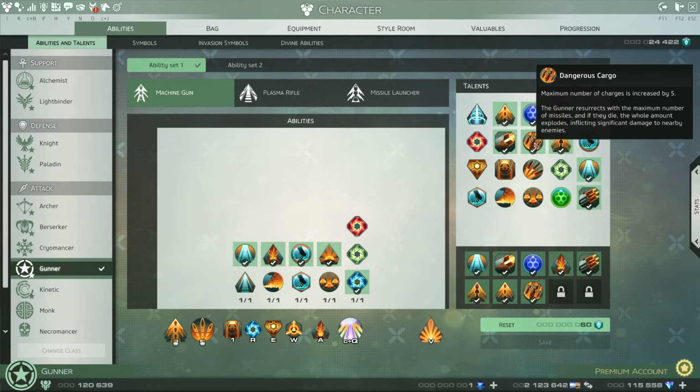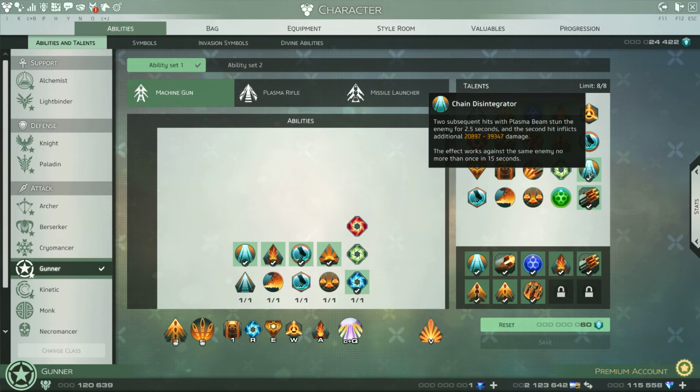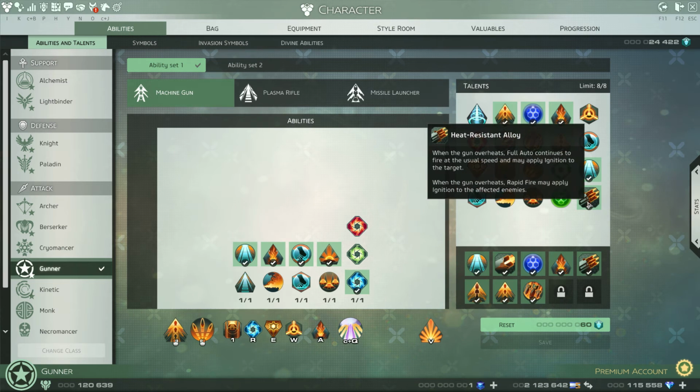This is quite important because it extends your projectiles by 5, so you can do more burst damage in the beginning and when you repeat it. This is a must have for your opening, for your burst damage with your missile salvo. Then I use this one again to have some increased damage, and then I use this one